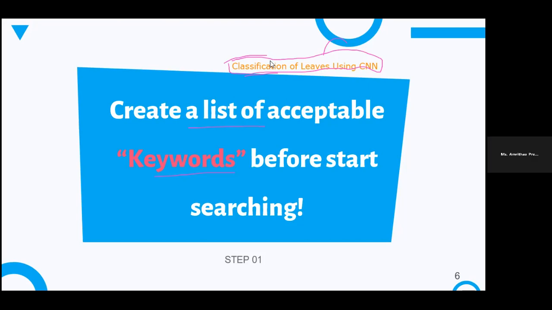Okay, yeah. So here we can use different words. From this, it's like a sentence, this title. From this you can use the word classification. So you are going to do a classification based research. So you can use classification as one keyword. So here the keywords will be